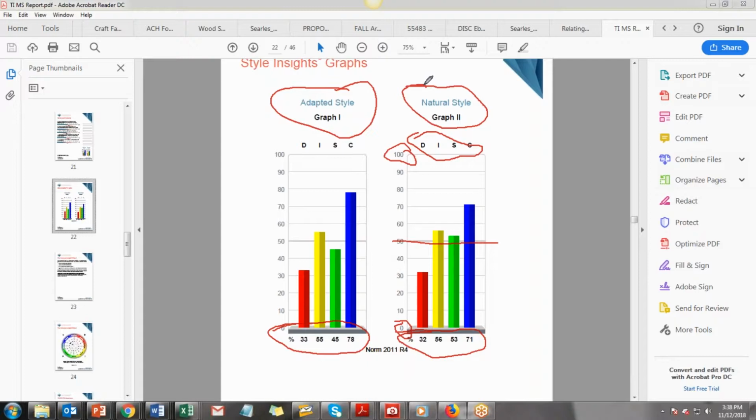Yeah, and the natural side rarely changes during your lifetime. Now, if you've taken other assessments from other companies, you may get totally different scores throughout your lifetime. But if you've used the TTI report, your natural style will not change during your lifetime unless you have a